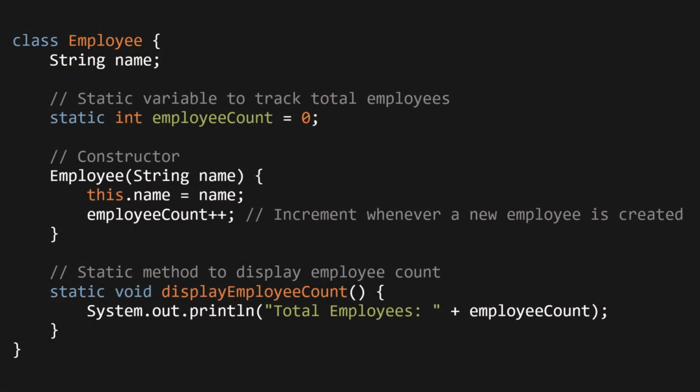Let's build an employee count tracker. Class Employee, String name, static int employeeCount = 0. Employee(String name) { this.name = name; employeeCount++; } static void displayEmployeeCount() { System.out.println("Total employees = " + employeeCount); }